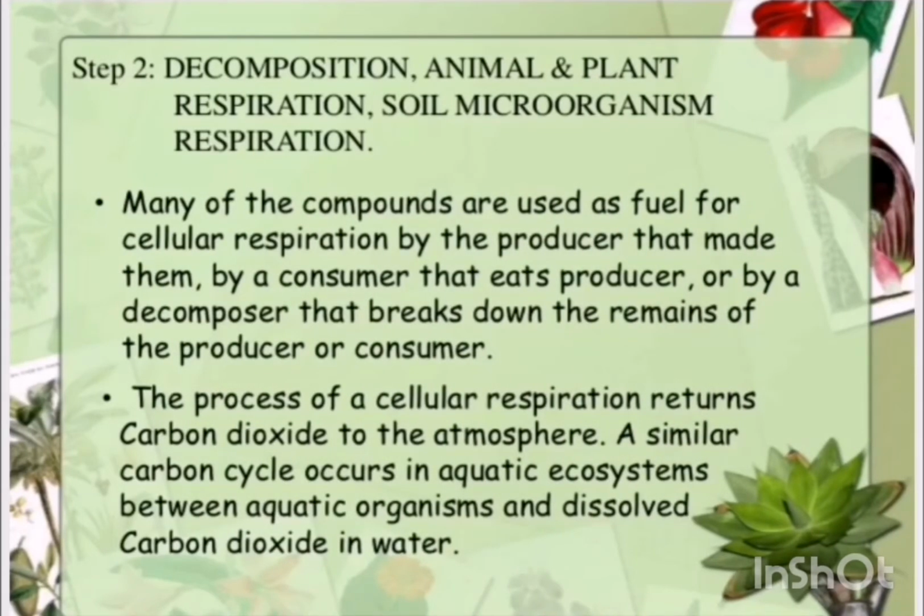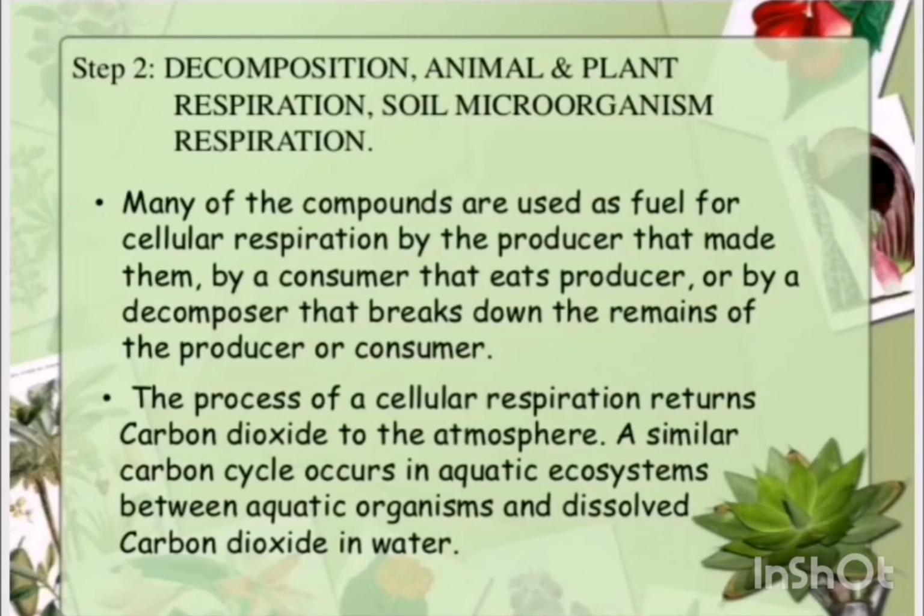The second step in the carbon cycle is decomposition, animal and plant respiration, and soil microorganism respiration. When complex carbon-containing compounds in dead organisms, urine, and feces are broken down into simpler carbon-containing compounds by bacteria or fungi, it is decomposition. Many of the compounds are used as fuel for cellular respiration by the producer that made them, by a consumer that eats the producer, or by a decomposer that breaks down the remains of the producer